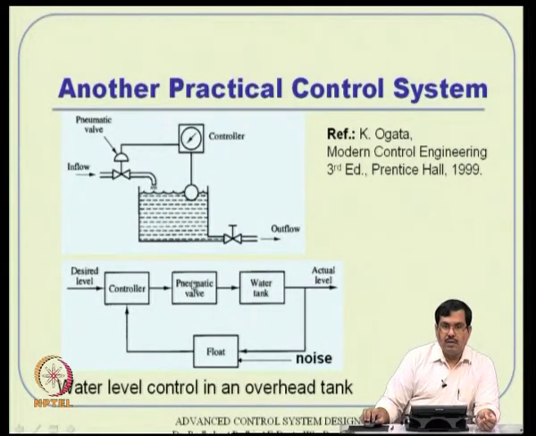Okay. So, this particular mechanism, you can put in a flow diagram, something like that. You have a water tank, and the pneumatic valve is your actuator. There is a control algorithm mechanism where the desired input comes, the actual level is there, and where you measure this, the moment this is falling or something, remember this will have some oscillation, vibration and all that. Okay. So, that will come as noise to the sensor, anyway. So, all these things will constitute a control system really. So far we have been bothered about input and output only, but there are many more details that go inside the system.